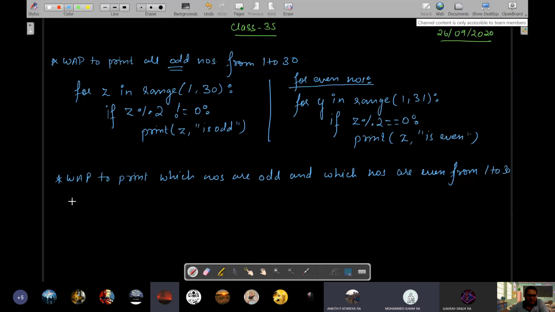If else, correct. We'll use for, you can take x in range, कहाँ से?